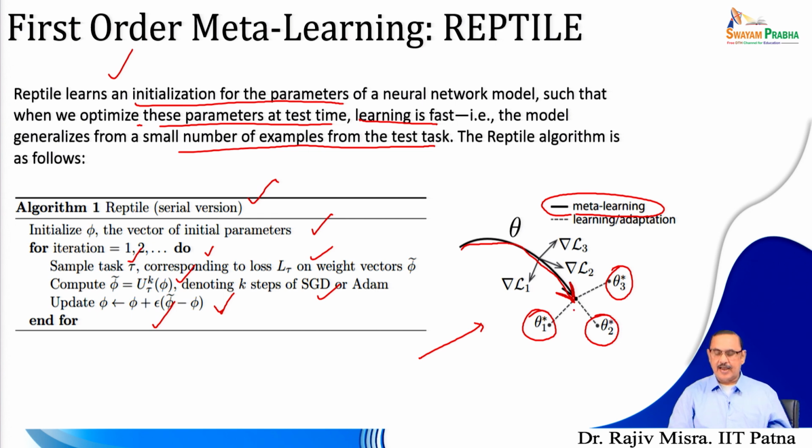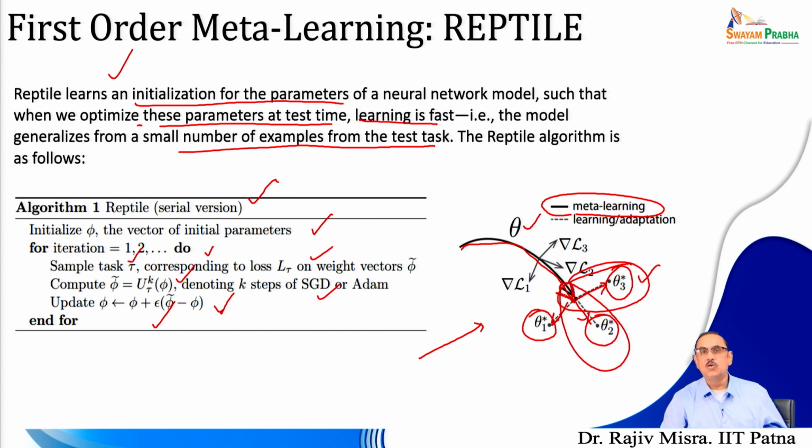Now, at this point it will see which trained model this meta learning model is close to. If it is close to, let us say, theta 3 star, then this model will be shifted to that trained model. Otherwise, if it is close to theta 2, it will shift to theta 2, and if theta 1, it will shift to theta 1. So, it depends upon the meta learning which of the trained models is going to be useful in dynamic changing scenarios.